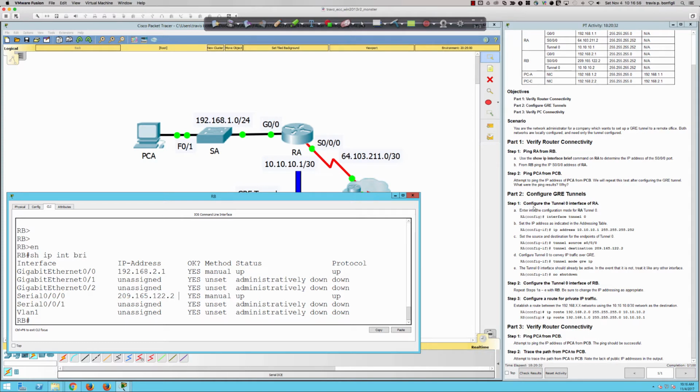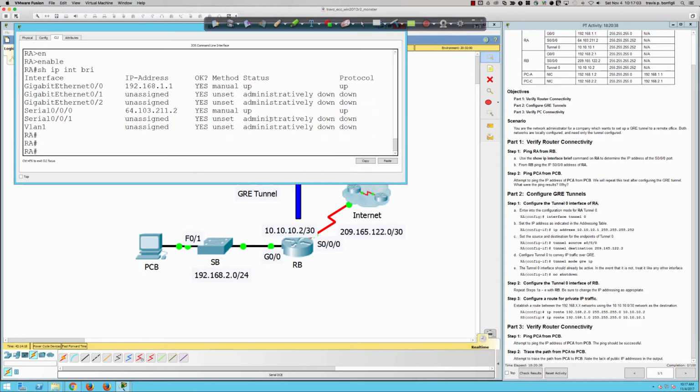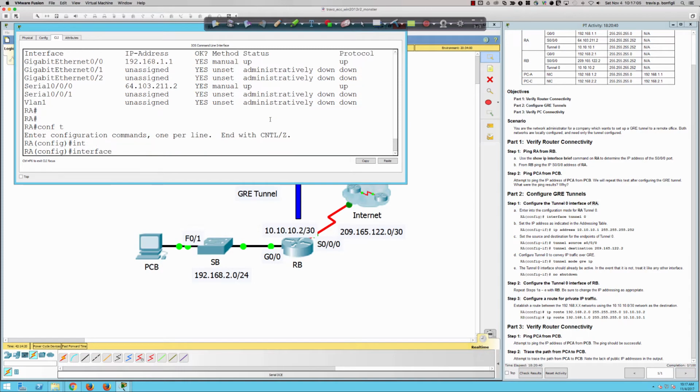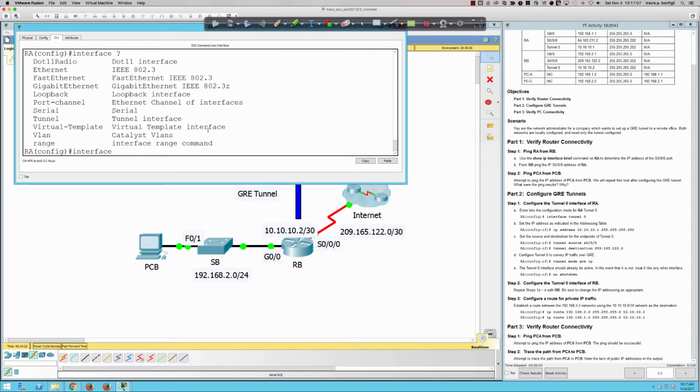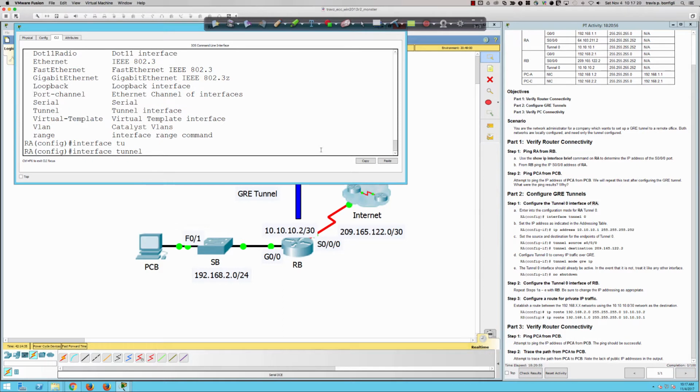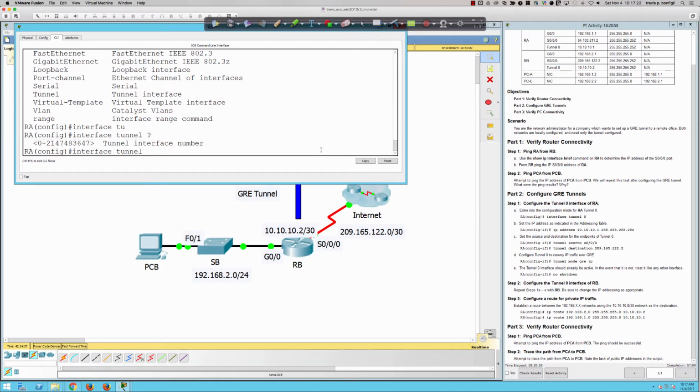We're going to configure the tunnel interface of router A. So let's bring router A back up. So how do we do that? Well, we go into global config, and here's where we say, if I say interface and a question mark, you can see we can go into the serial interfaces. We can do port channel that we did when we did EtherChannel, right, with LACP and PAgP. And there it is, a tunnel interface, a virtual tunnel interface. So I'm going to say interface tunnel, and